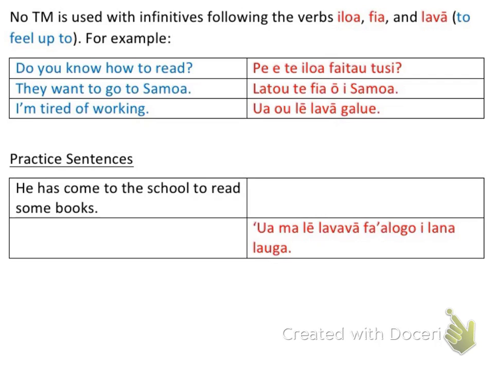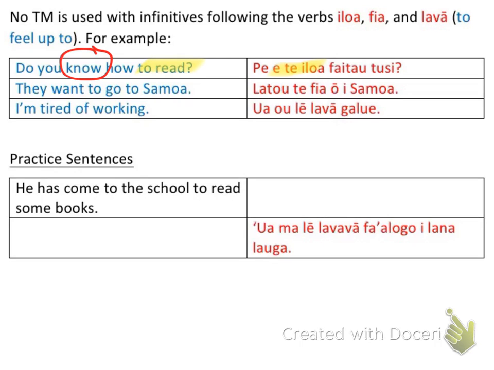Our infinitive right here is going to be to read. Okay, and again, do you know how to read? We say that differently in English than we do in Samoan. And so the way that I would say that in Samoan, it's going to be a little bit different. So to read is the infinitive in English, but the way that my sentence structure works in Samoan, it would be e te iloa would be the infinitive, just because this verb right here comes before the read.